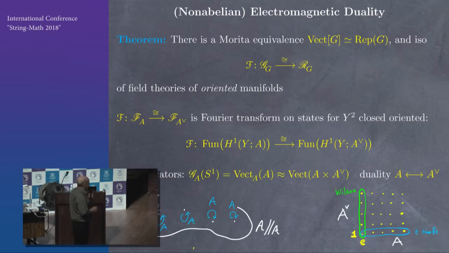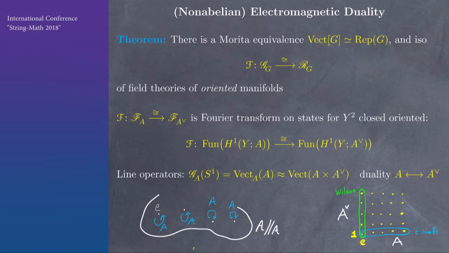And we can also see what it does on line operators. Here's the category attached to the circle. In the abelian case, conjugation is trivial, so I just get a bunch of points with A acting. In other words, the vector bundles over here that are equivariant are vector bundles on A cross A check. So this axis is telling me the monodromy around the circle. That's the point I'm at here. And in this axis, we're telling the representation of the centralizer.